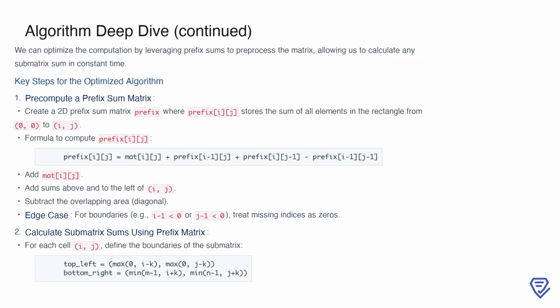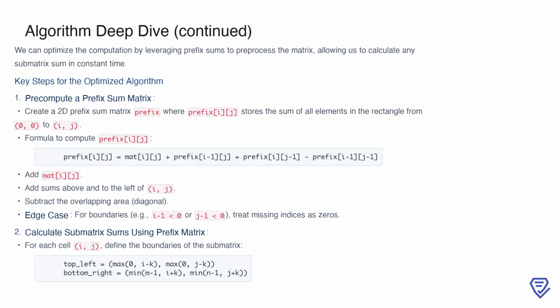To improve efficiency, we use a prefix sum matrix, which allows us to compute the sum of any submatrix in constant time. The first step is to preprocess the input matrix by creating a prefix sum matrix where each cell, prefix[i][j], represents the cumulative sum of the rectangle from the top left corner, 0, 0, to the cell i, j. The formula for this is prefix[i][j] equals mat[i][j] plus prefix[i-1][j] plus